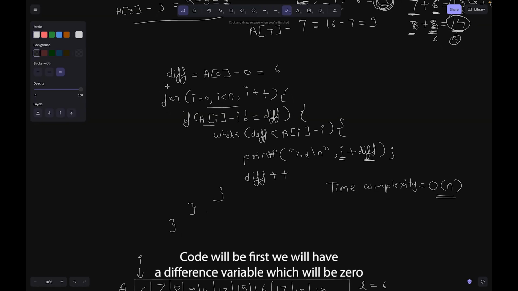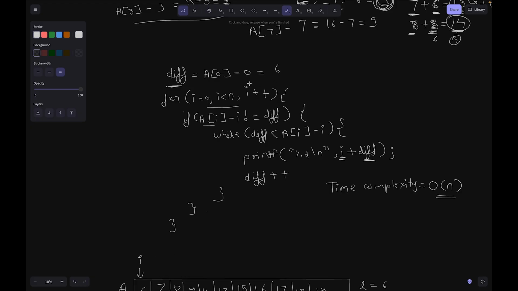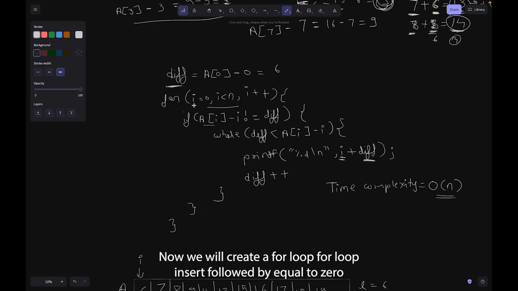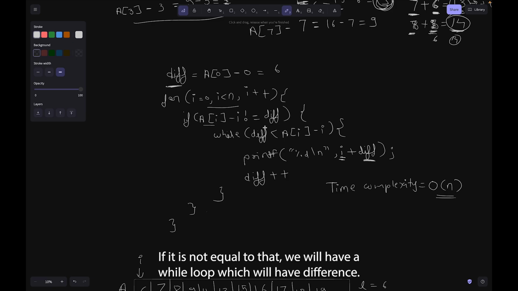The code will be: first, we will have a difference variable, which will be A of 0 minus 0, equal to 6, which is the initial value that we will assign. Now we'll create a for loop. Inside the for loop, i equal to 0, i less than n, and i plus plus. If A of i minus i is not equal to difference, the previous difference that we have, if it's not equal to that,